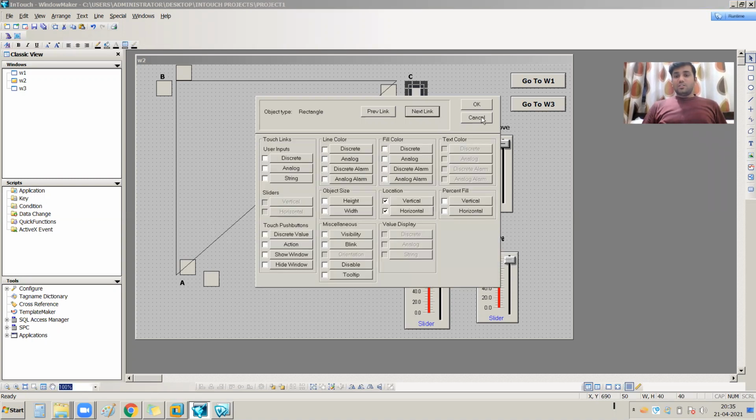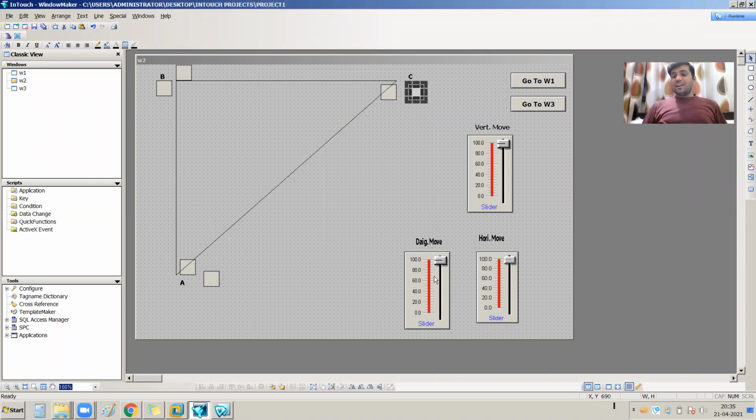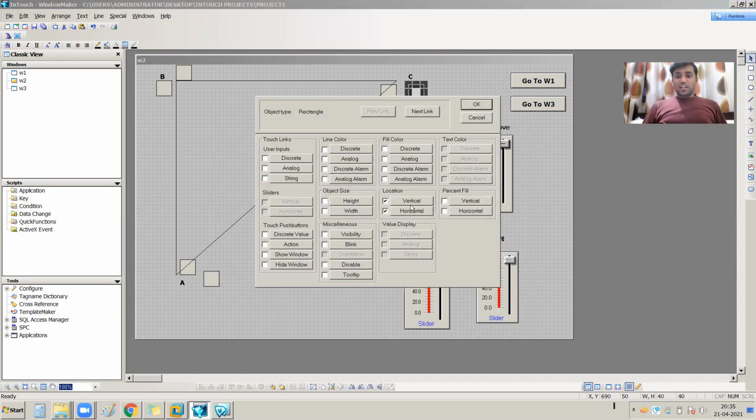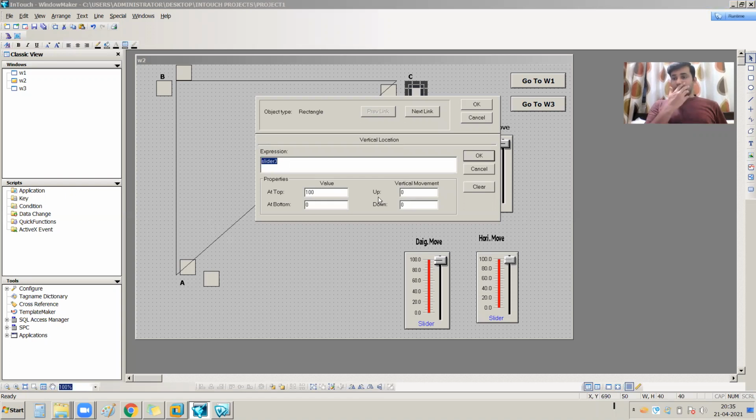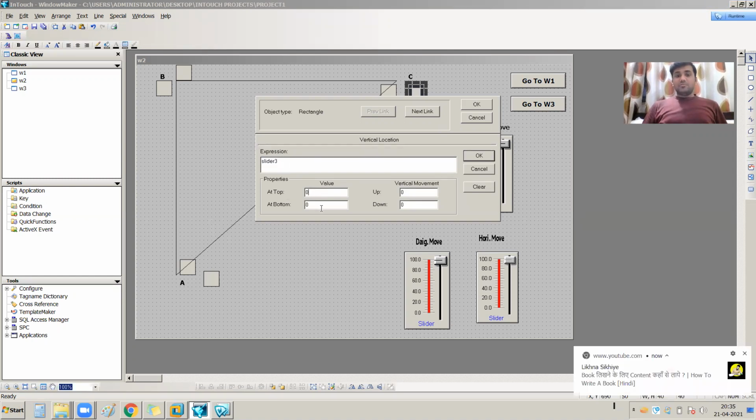Now what slider range do I need to set? For vertical, when my object is at the top side, my slider should be 0, and when my object is at the bottom side, my slider should be 100.